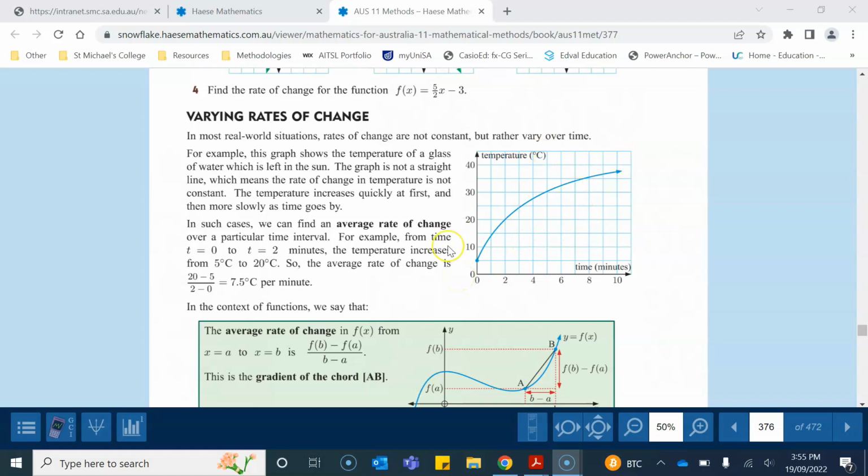So here we have an example of a glass of water which has been left out in the sun, and we can see that this function is describing how its temperature increases over time. In the first 2 minutes, you can see that the rate at which the temperature is increasing is quite quick. And then as time progresses, we can see that the rate of change starts to taper off,